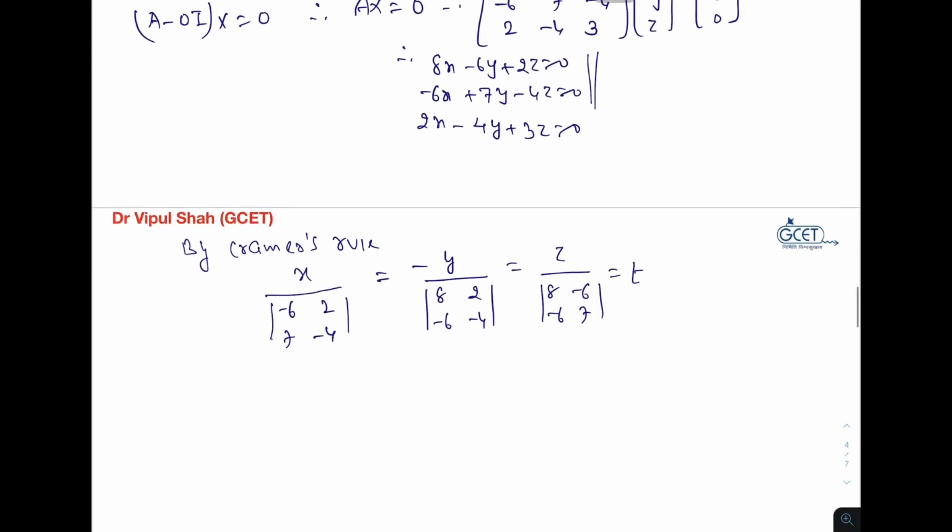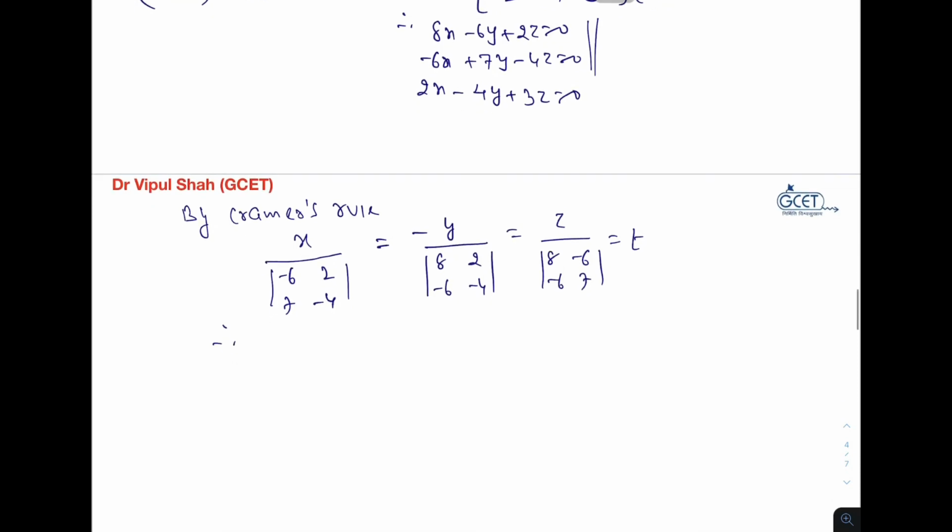So this is x over, this is 24 minus 14, so that is 10, then y over minus 32 and plus 12, so that is minus 20, and so z over